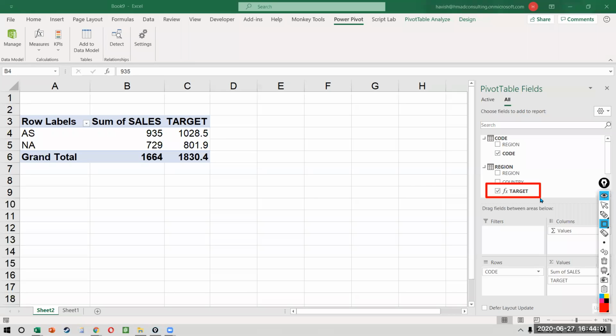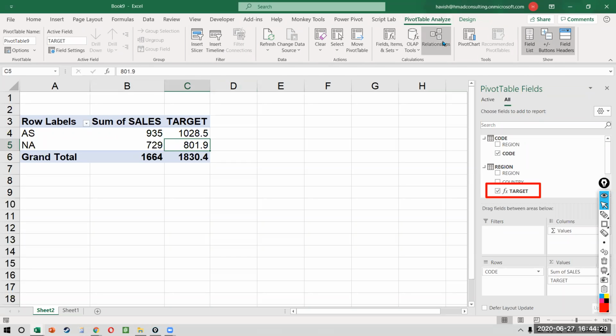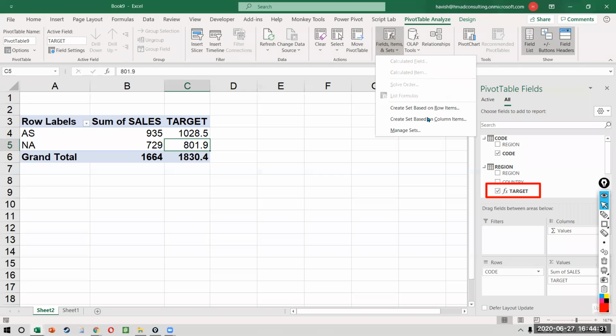Any questions on this? Okay, so Vivek, you can do it in a normal pivot, but calculated field is very limited because in a calculated field, you can only do basic operations, right?